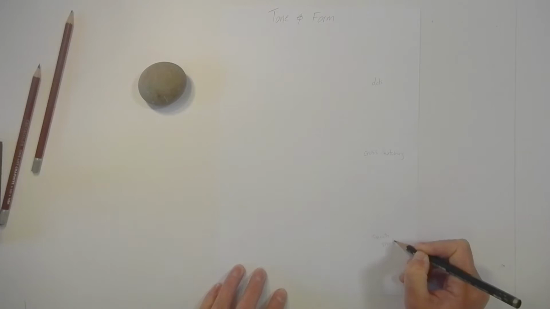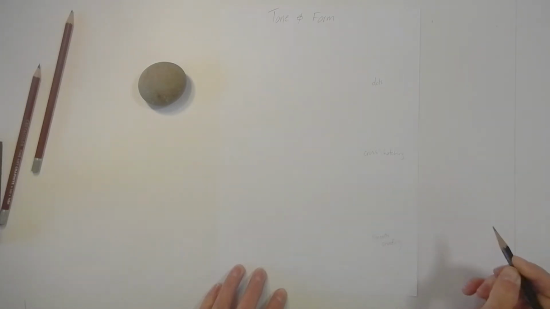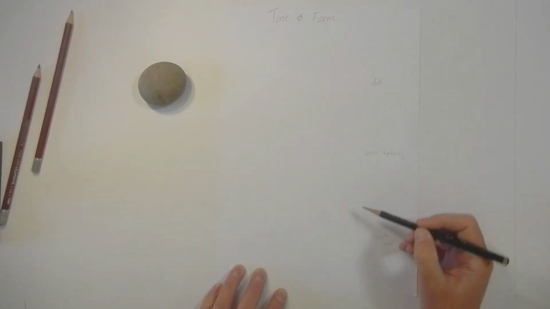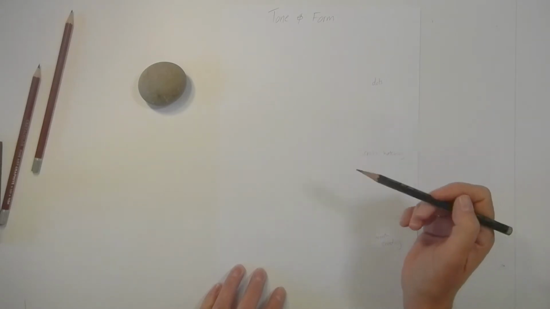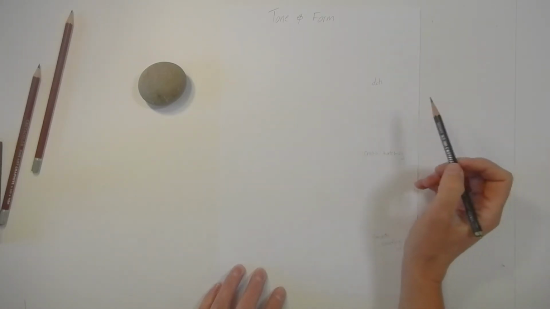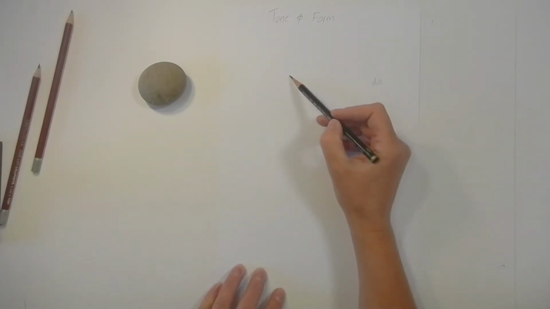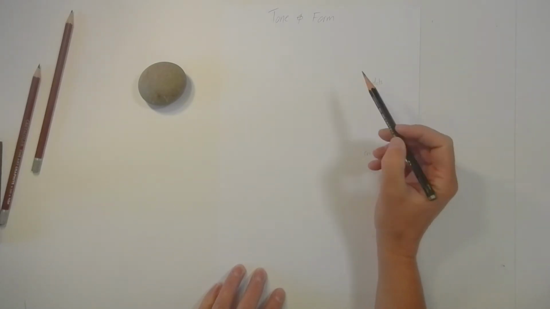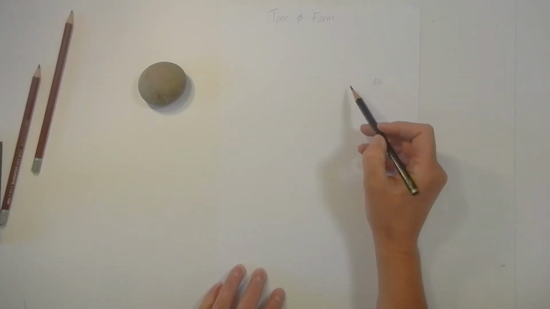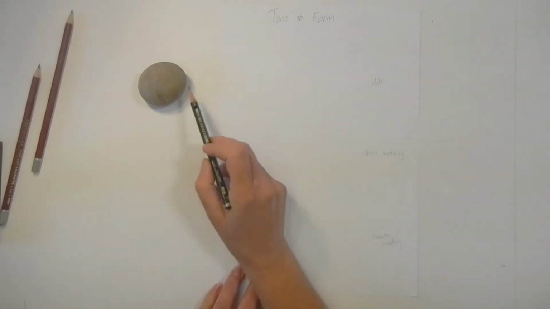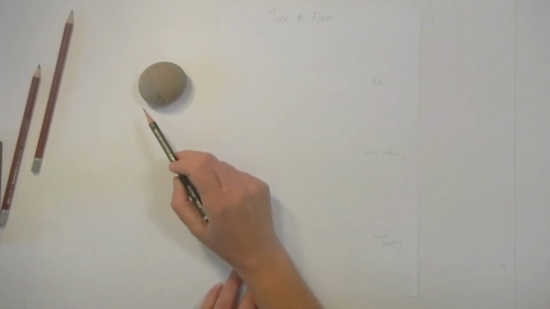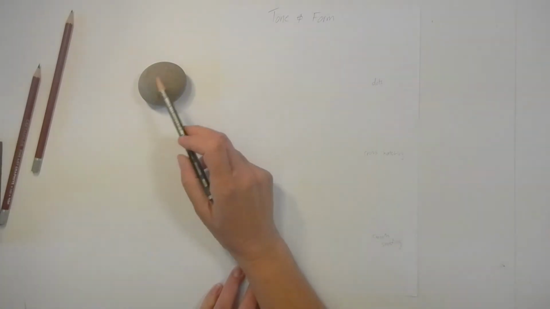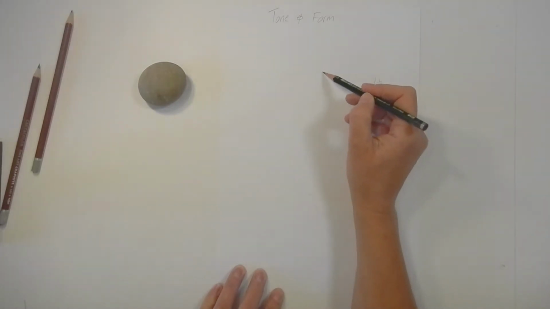Not all pencil work needs to be smooth shading. You need to add a little bit of everything to add texture and excitement to your pictures. So to start with the dots, I'm working with a 2B pencil. If you have a look at the light on my object, it's going to be dark around the bottom and lighter at the top. So when you work with dots,